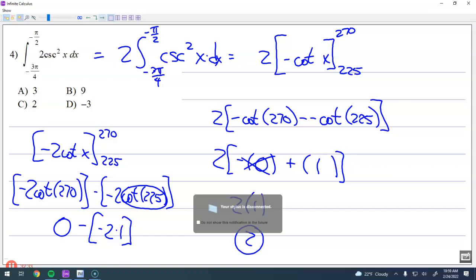I got negative 2 times 5 pi over 2. Where are you at? Is that not what it is? No. It's negative 3 pi over 4. Oh, I know. So you gotta take the cotan of negative 3 pi over 4. So like if you think about